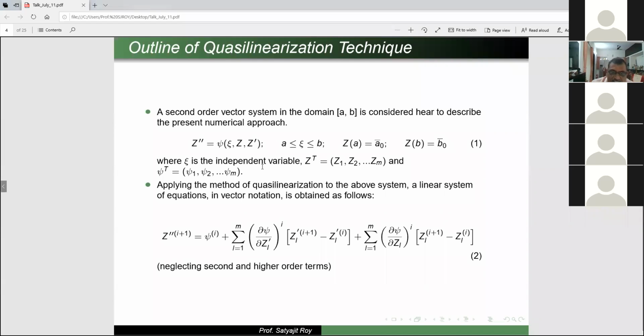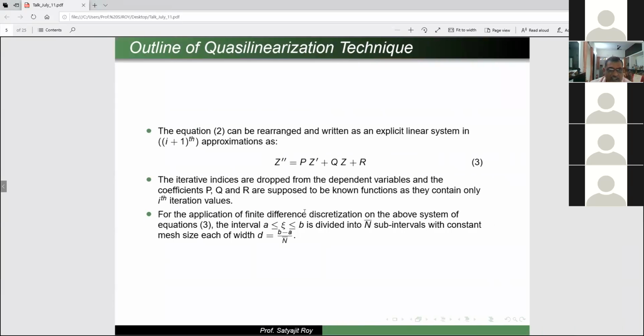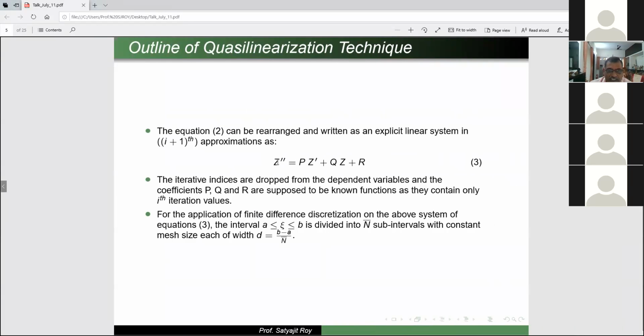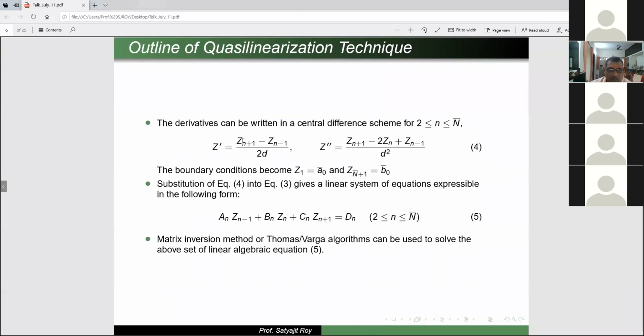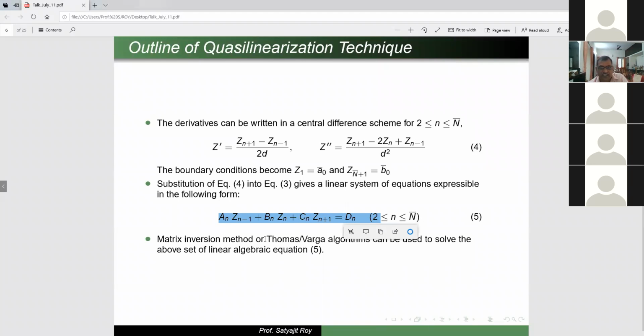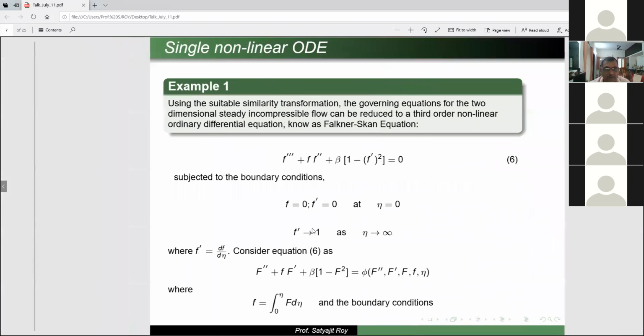In the book, it will be like this, with M variables, and you will not follow. That's the reason. But things are the same. Partial derivatives, all are there. You see, all these terms are there. Anyway, now finally you get this. That's what I have written. Then you divide the interval and then you write the derivative. This everybody knows. So you write this, then you get the tridiagonal system. Then you apply the Thomas algorithm or the Varga algorithm if it is a single system.